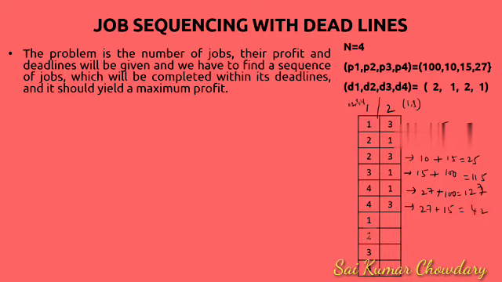Now these are options, like I'll take only one job in the first hour. I don't want to take any job in the second hour. Like this also I can take. This is also one more possibility. If I take like this, 100 only, this is 100 profit. Here if I take the second job only, 10 is the profit. Next here 15 is the profit. Here only 27 is the profit. Like this you can take.